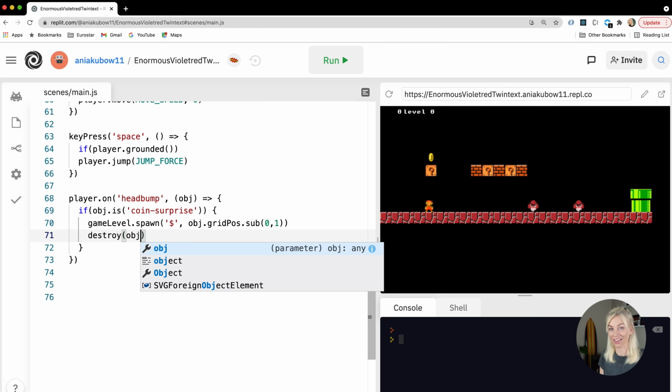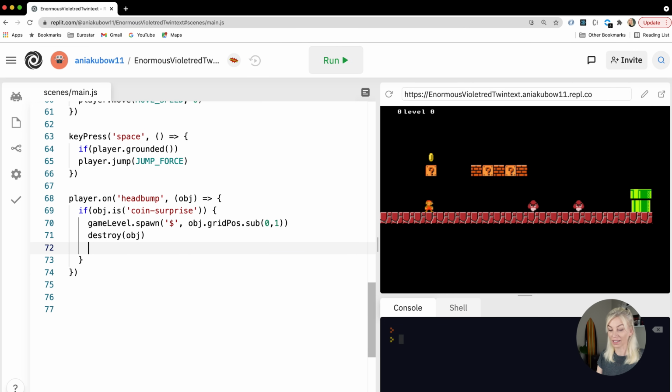So I can do so like that. That is a Kaboom method. I'm passing through the object that I've just collided with to destroy it. So I want to destroy it, but I also want to replace it. So this is how you'd replace. You'd use the game level spawn. And I want to replace it with